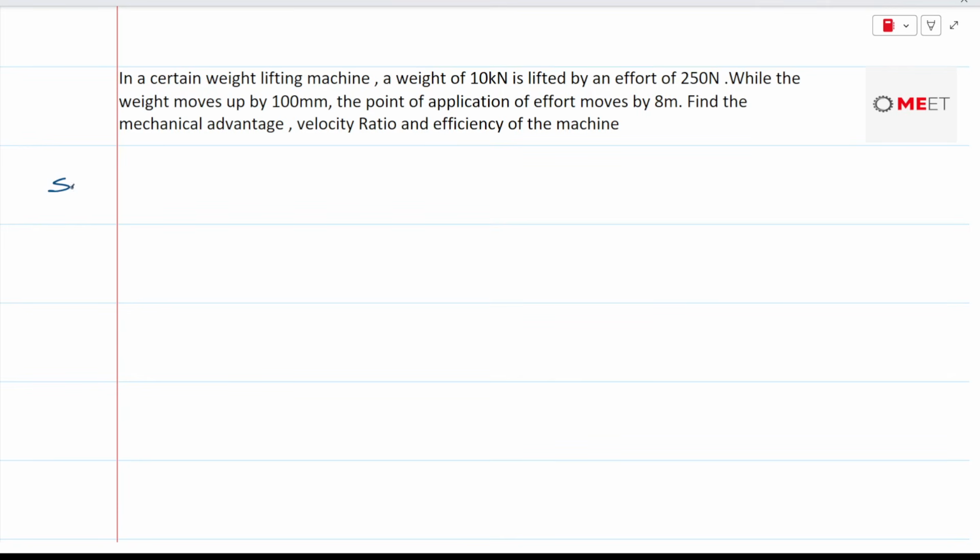So first is that the weight is given. Weight will always be the force which is high in magnitude, and effort will be the force which is smaller in magnitude. So effort will be equal to 250 newtons and distance moved by the weight